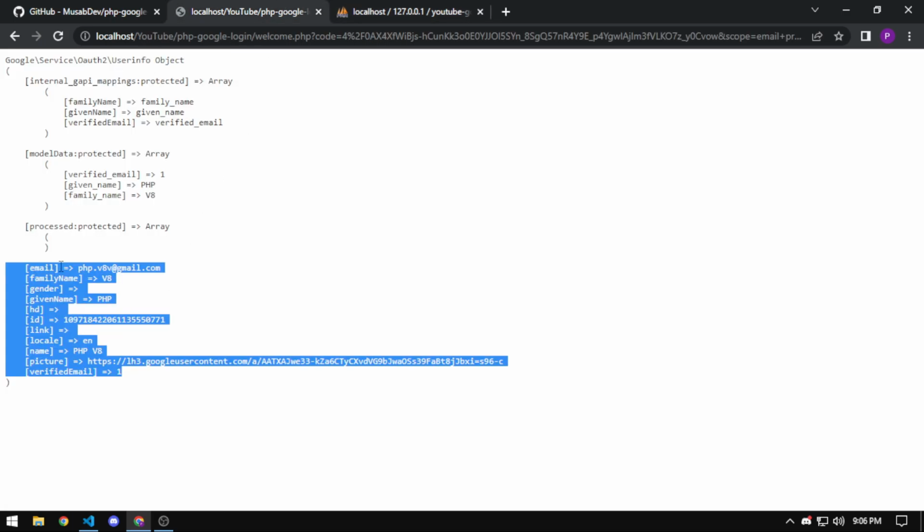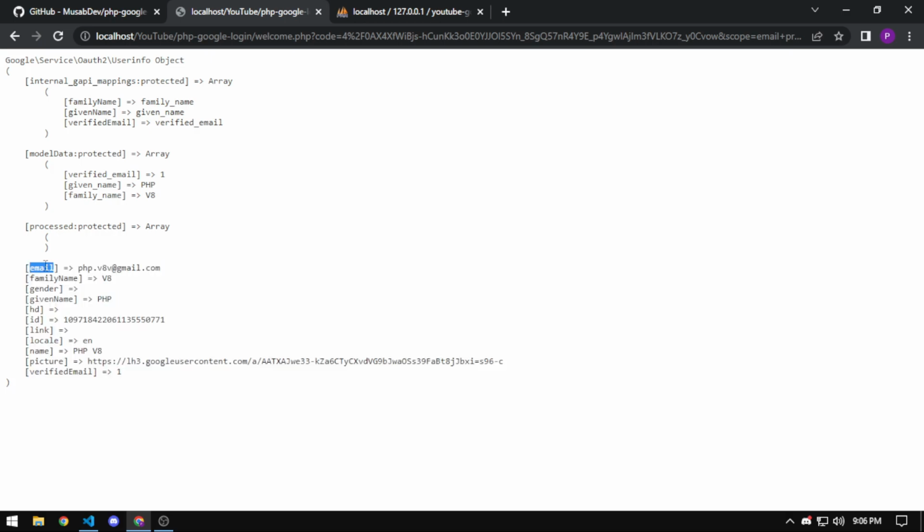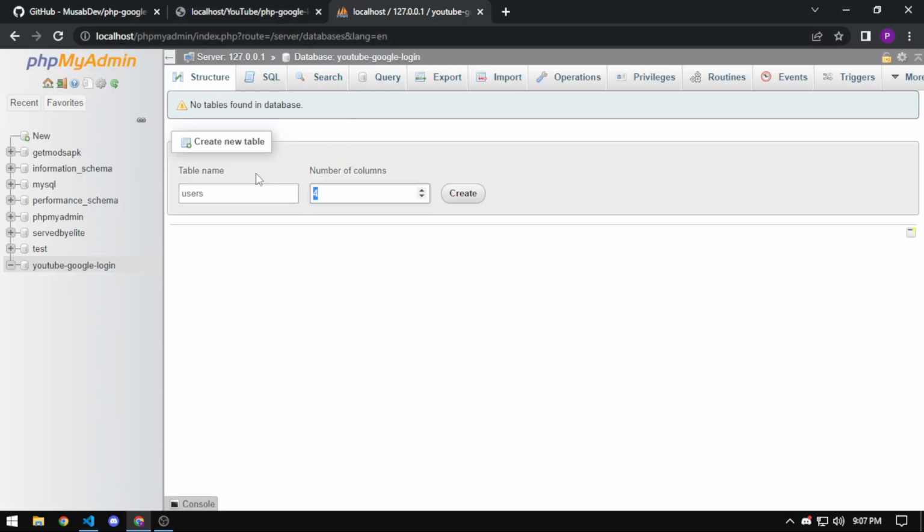So first of all we need ID, then email, then we have the family name, we have gender, we have given name, we have this ID, we will use this ID as a token, then we have this locale, and then name, and we have the picture. Also we have the verified email. So it says total 9 columns, I think so. If I say 9 and click create,